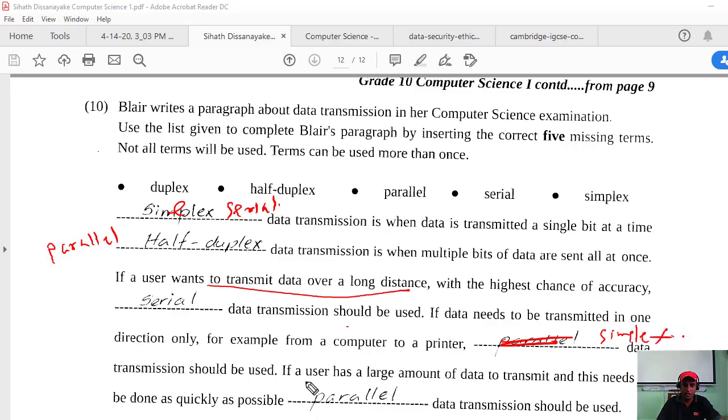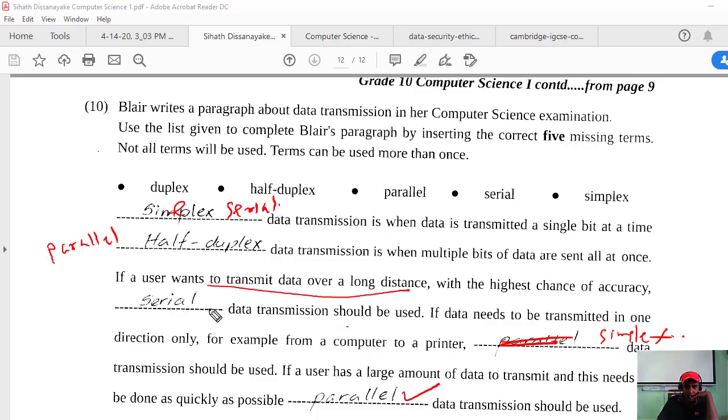If the user has a large amount of data to transmit quickly as possible, then you can use parallel. Yes, this is okay.